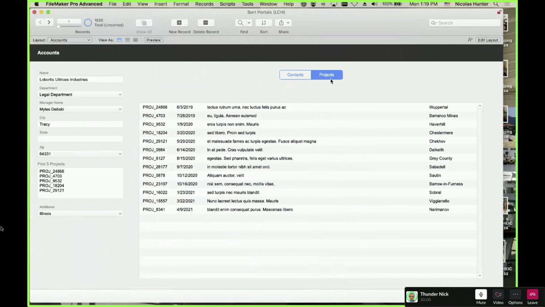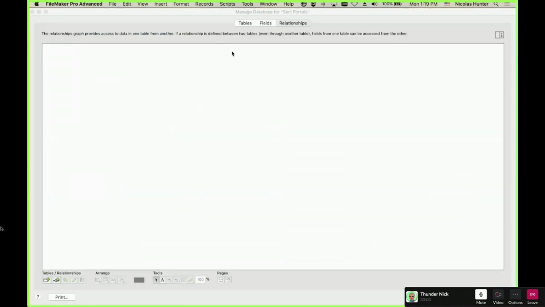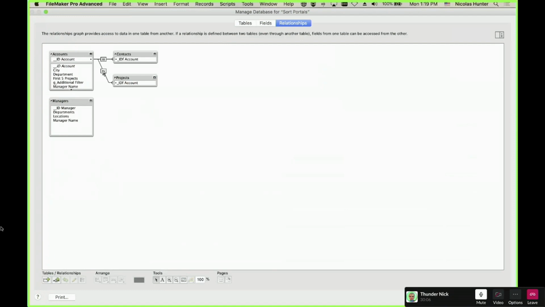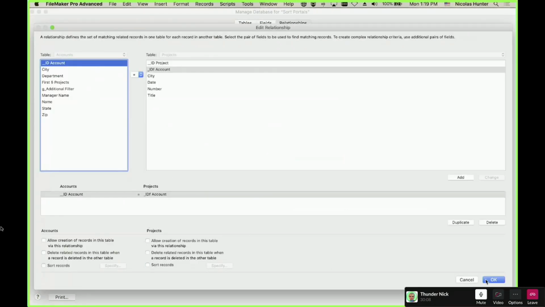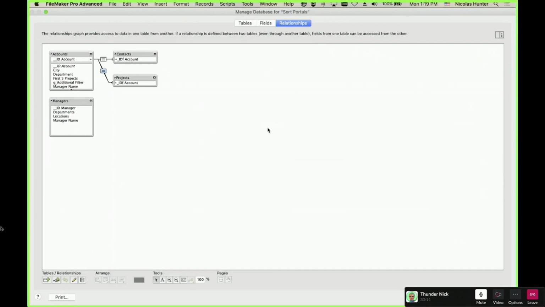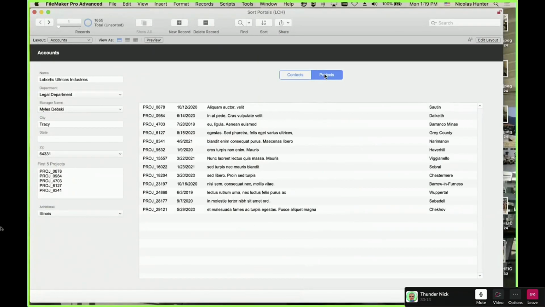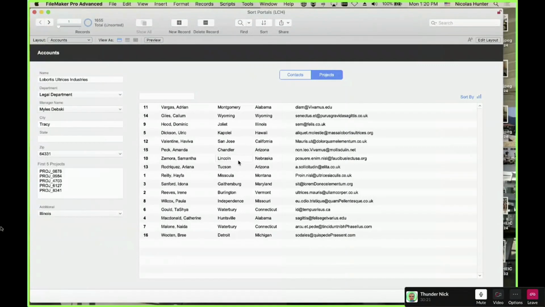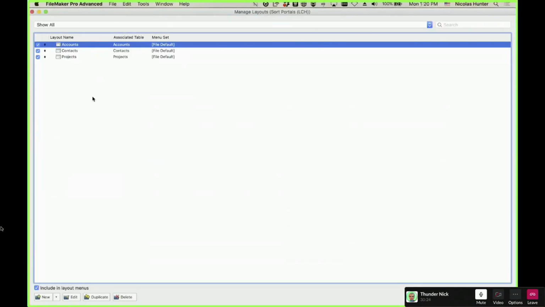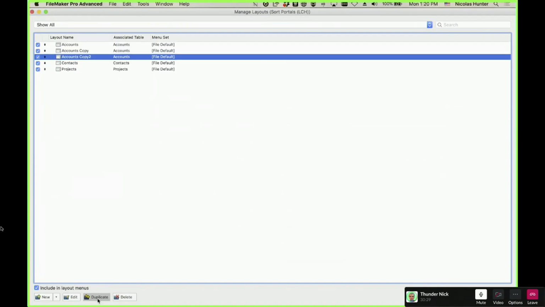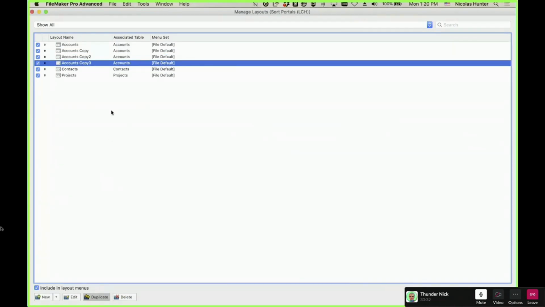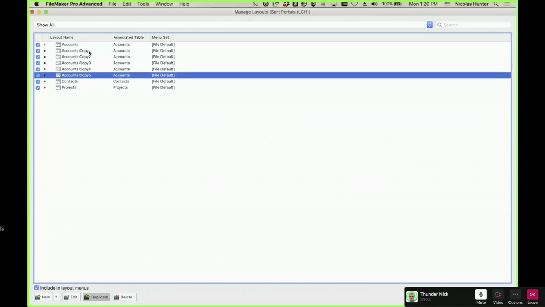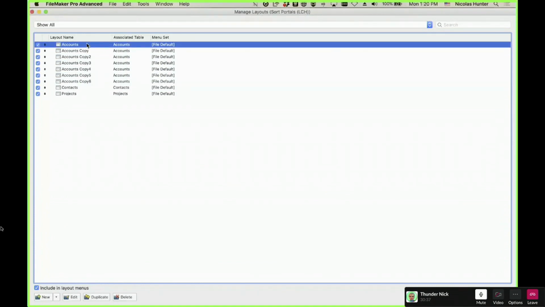Now I want to point something out here. Let's remove the sorting here on the project. I'll remove this, and I have this layout here. The project here is not sorted. Okay, and I'm going to duplicate these layouts. Duplicate. Okay, I'm going to have multiple layouts like this. So I have multiple layouts showing